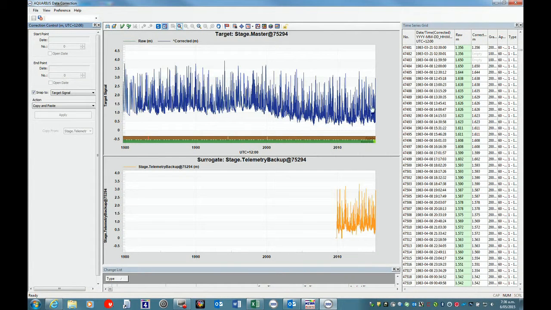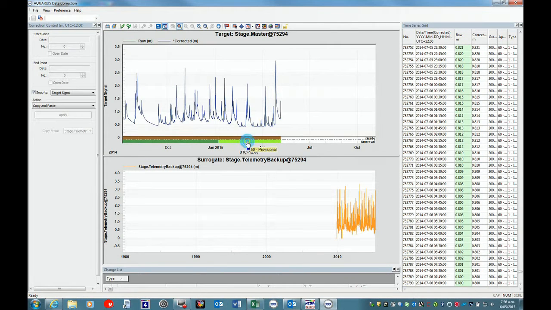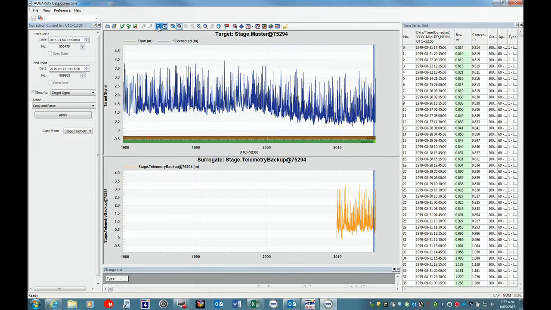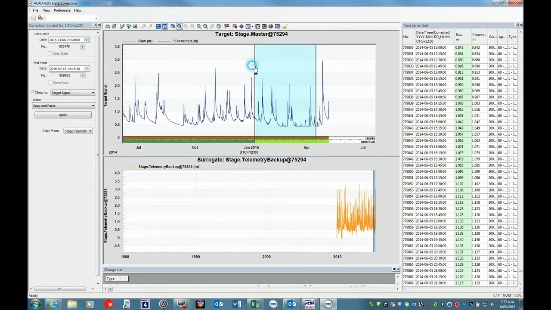Okay, this brings up both our plots, so let's just zoom in on our master here. So we want to go to this period. So our dates are, if we look at our register, yep, the 6th of the 1st at 1400 through to the April the 15th at 1415. So we get those times right. Let's just reset that. Okay, there's our period we want to